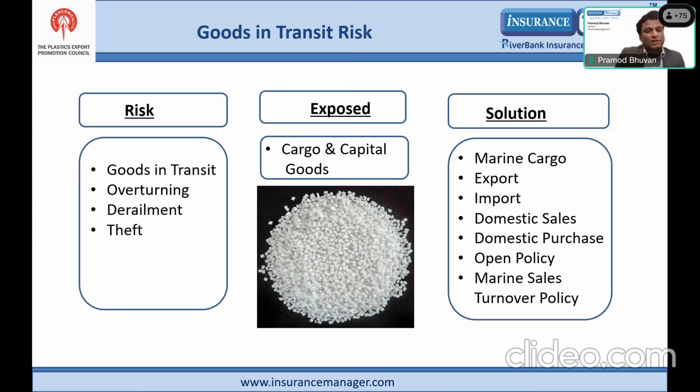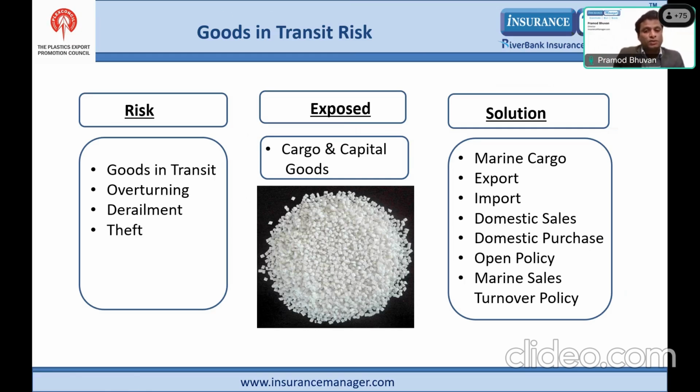Apart from that, to tell you, very frequently we have seen claims of theft. In fact, we have got another claim of there was a fire in the transporter godown, because on the movement के अलावा there are a lot of various transshipments which happen जिसका कोई control आपके पास नहीं होता है, and it is up to your transporter for those movement of goods. So these are susceptible to risk. तो इसके solutions क्या available है अभी Indian market में?